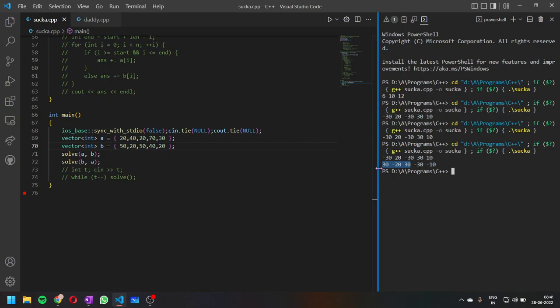Both of these are the same thing, because one is saying swap these two elements, and the other is saying swap these two elements. If we swap these two elements, it is the same thing, because the other is automatically swapped.